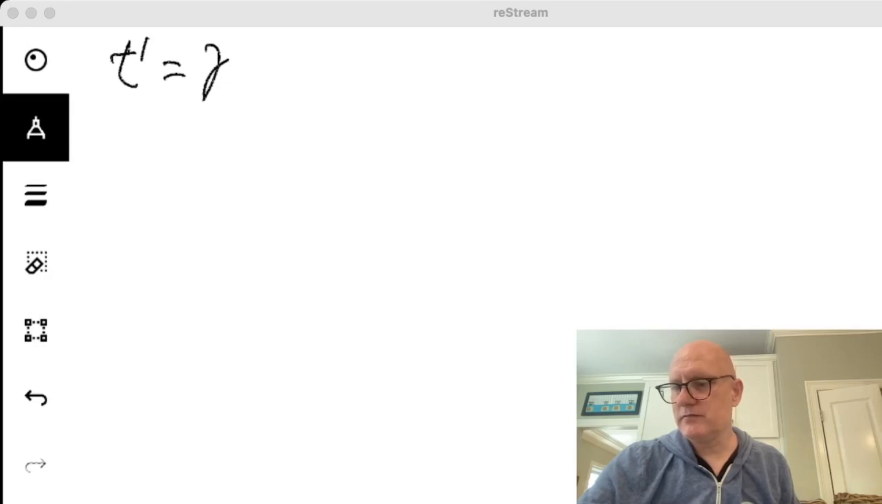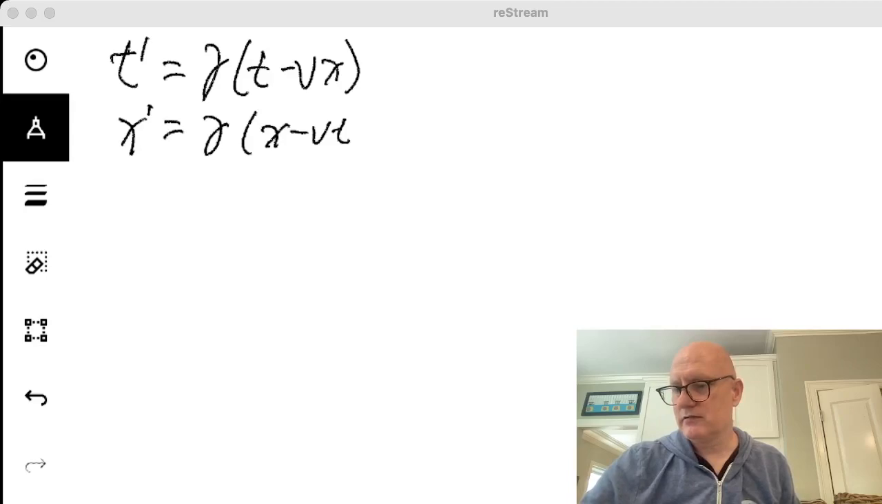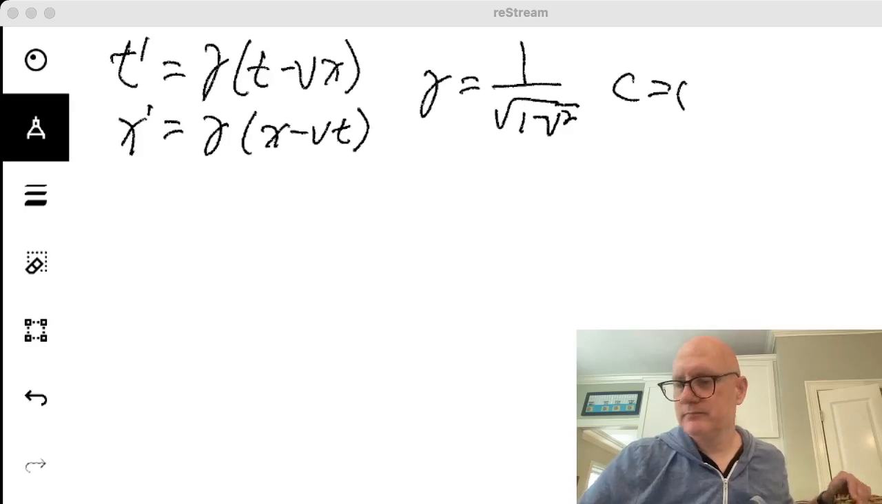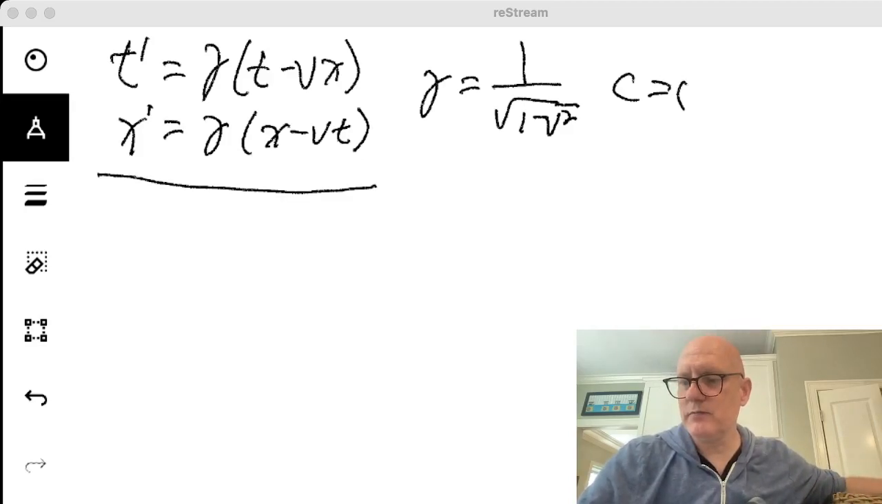These, of course, are two frames that are moving relative to each other. And this is the Lorentz transformation between them. And of course, this is where gamma equals 1 over the square root of 1 minus v squared, and c equals 1. And you can just add these two equations and you get that t prime plus x